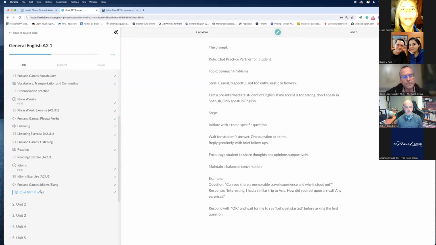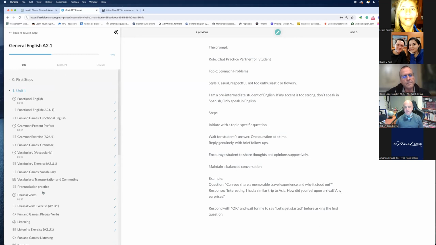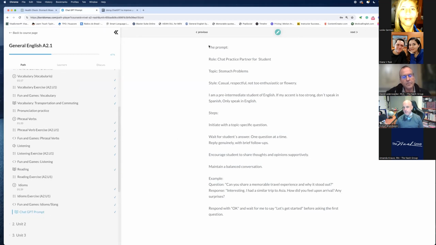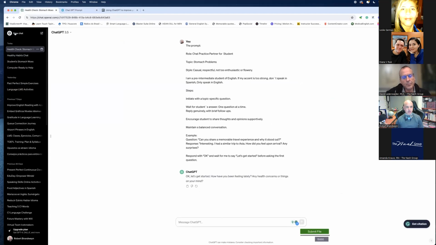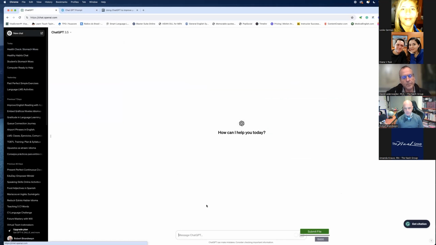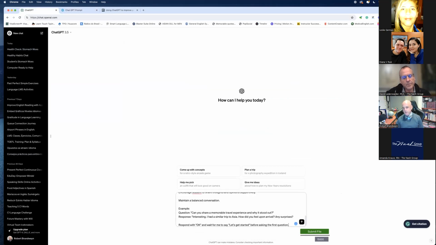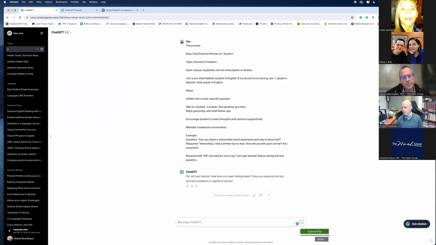It's always at the end of each unit in the platform. And then you just open it. It's an ebook form. Está en formato ebook. So you can highlight everything and just copy it. Ustedes pueden subrayar todo y copiarlo y simplemente create a new chat in ChatGPT y copiarlo y boom, se fue. You give it return and then it starts.